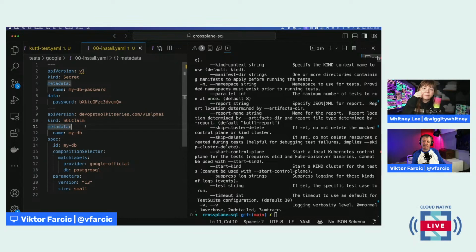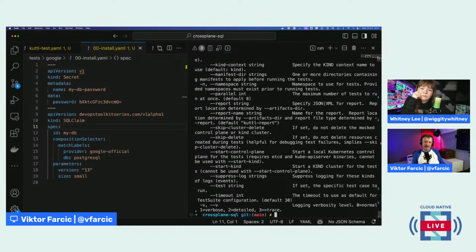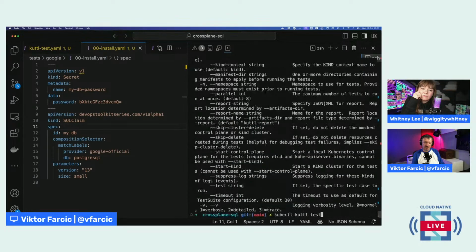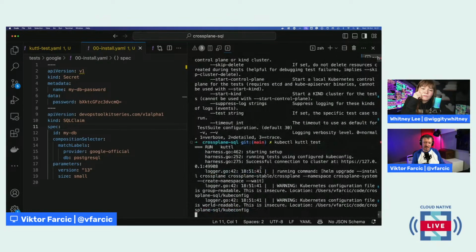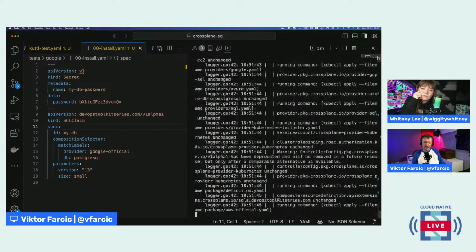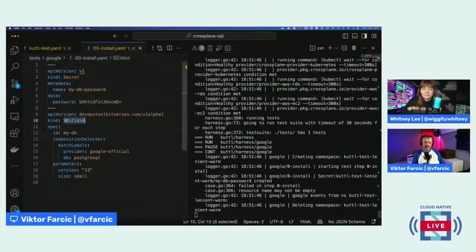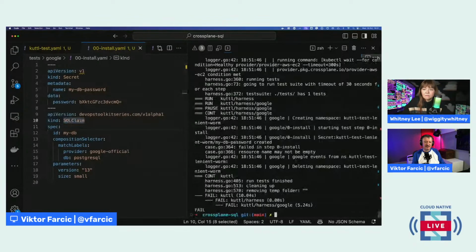So, let's say that I remove metadata name, right? It is mandatory to have a name, as far as I know. Now, if I run the test again, there we go, right? After 30 seconds, it will show you different messages than before. It will not show you this is the difference. It will tell you, I could not even find the SQL claim, right? There is no such thing as SQL claim. Somewhere in the logs